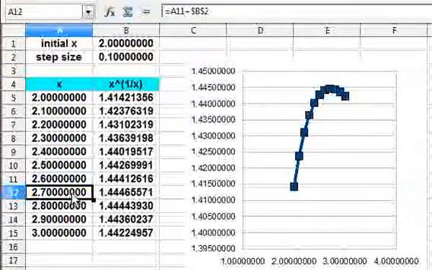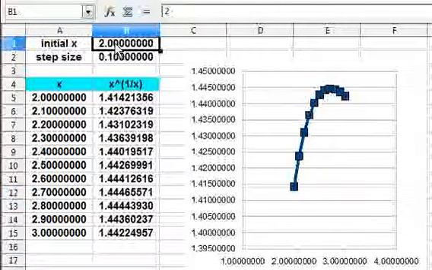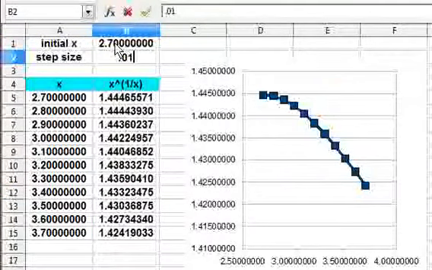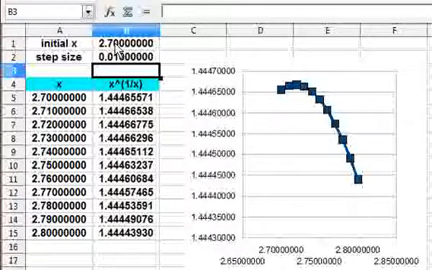So near 2.7 we are reaching 616 and 571, and then again 930. Okay, we need to look at the larger decimal, 65,000. So this is the peak, 2.7 or 2.6 somewhere. So I will again try 2.7 here, with a 0.01 step size. So I can get yet another peak somewhere here.